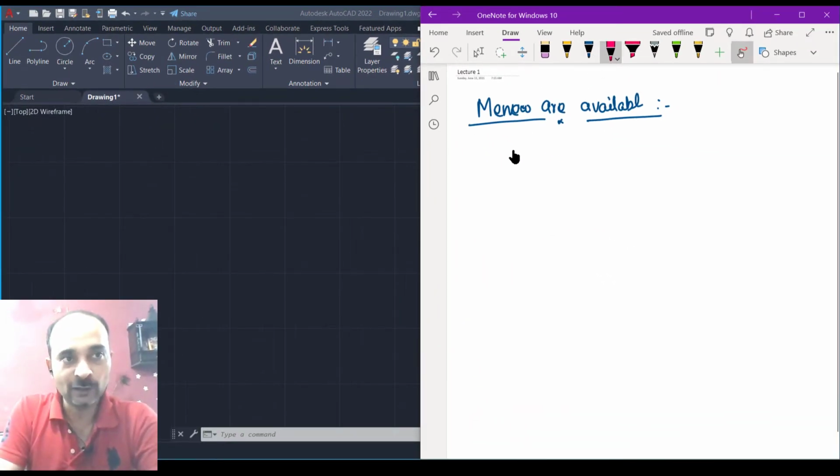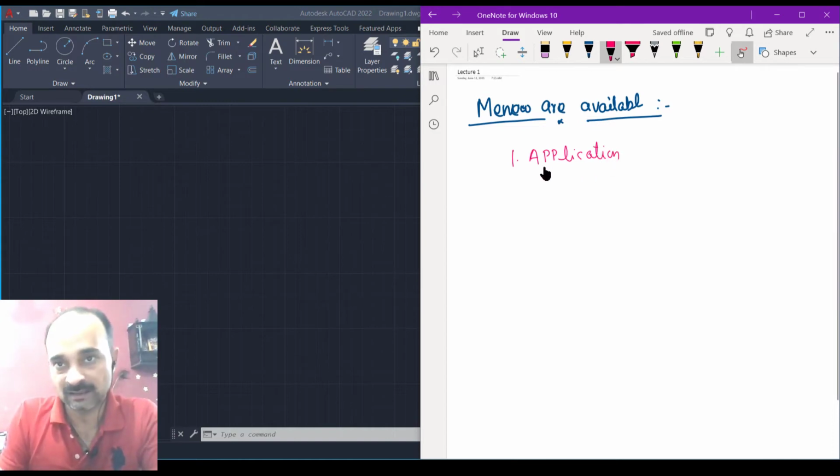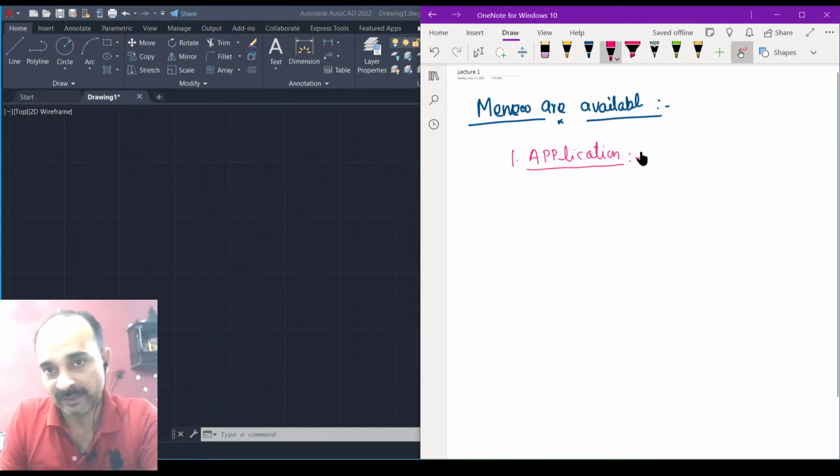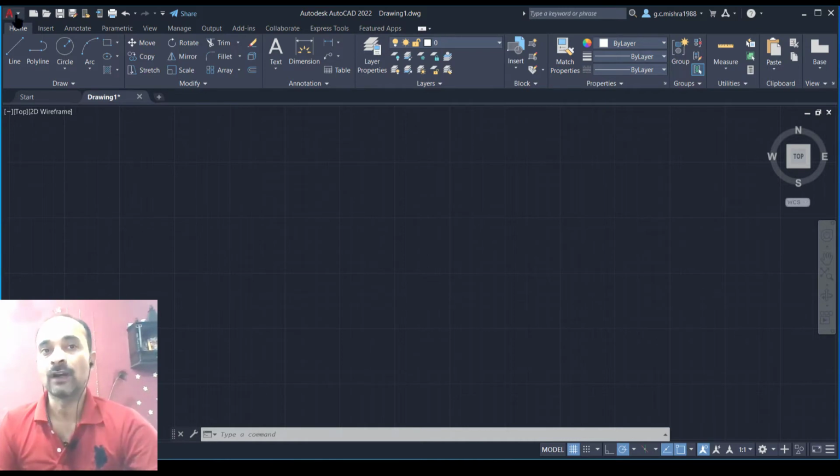So basically I want to tell you that the top bar is called the application menu. The application menu basically controls the full application.